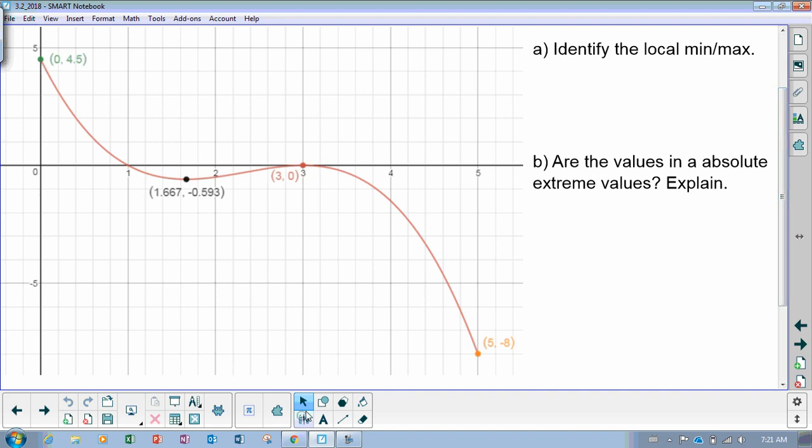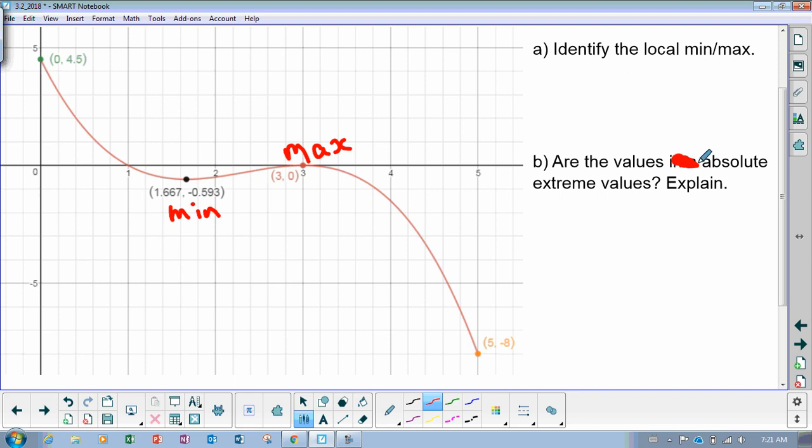So I'm going to start off by answering question A, which is identify the local minimum and max. So the local min is here, and our local max is going to be located right here. So we find those values using the first derivative. Now the next question says, are the values, oh, there's a little typo here,